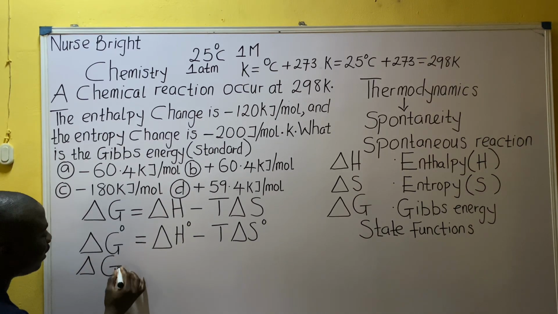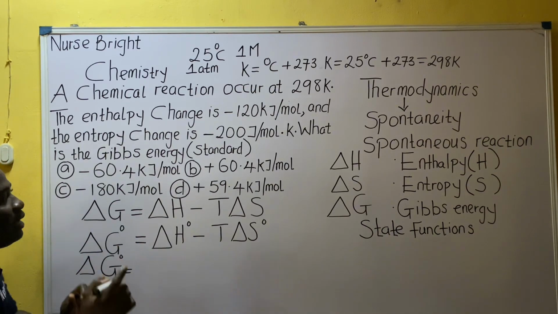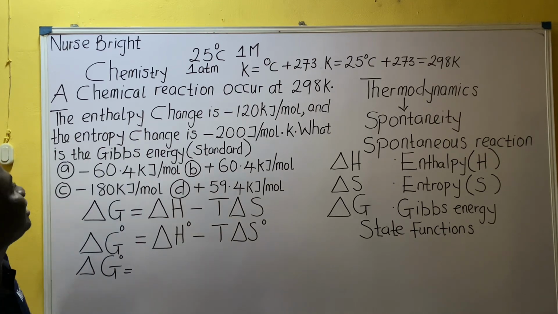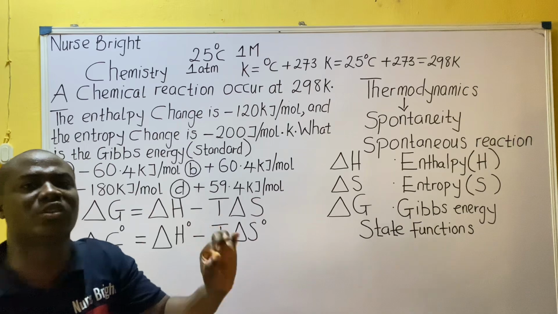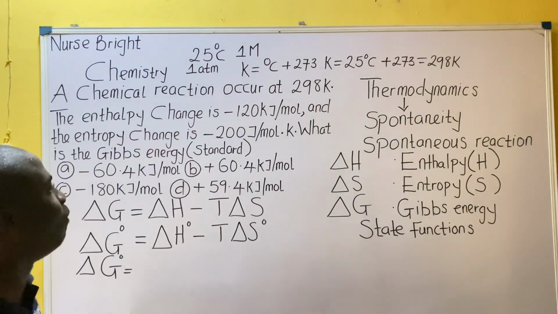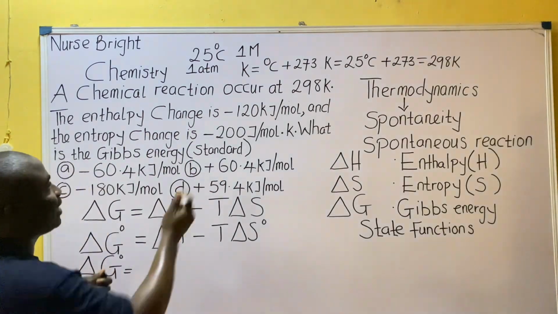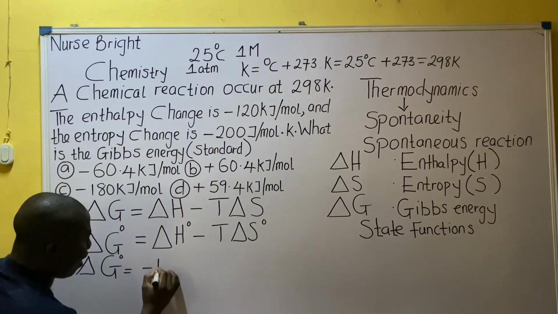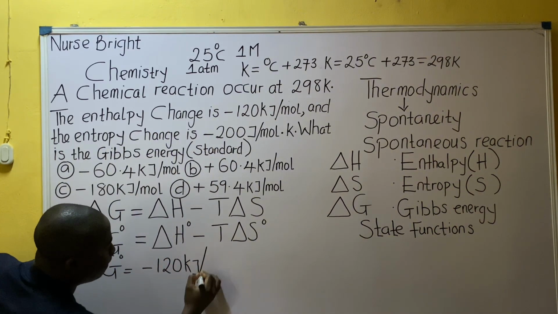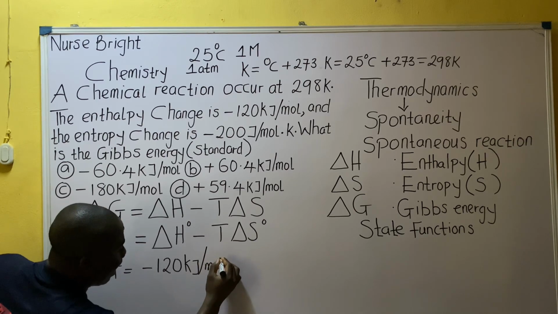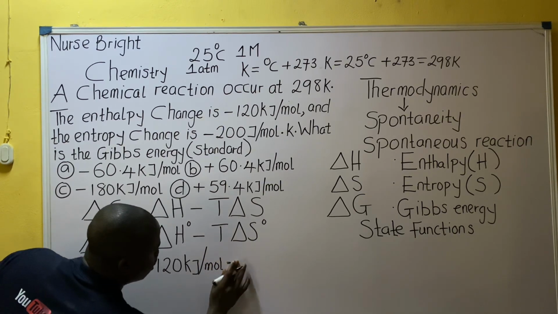Delta G naught, which is the standard Gibbs energy, will now be delta H naught, which is the enthalpy change, minus 120 kilojoules per mole. So we have to be very careful, alright? So let's do this first. Minus 120 kilojoules per mole. Are you there? Minus